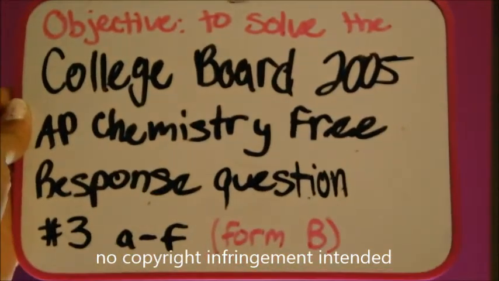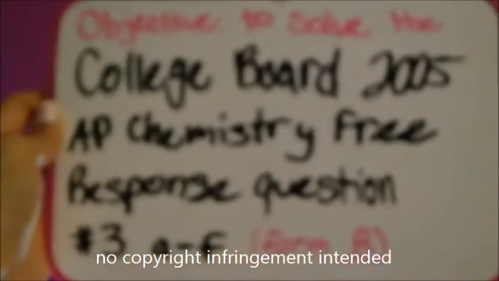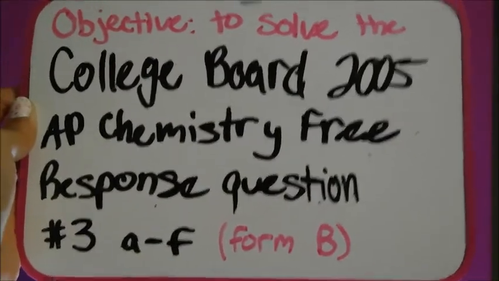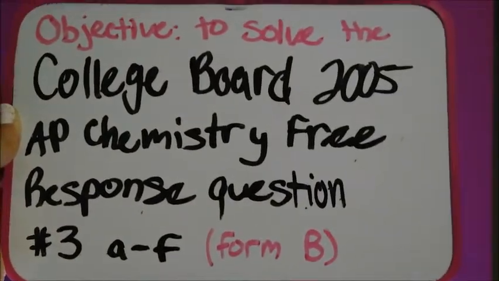Hi guys, so the objective of this video today is to solve the College Board 2005 AP Chemistry free response question number 3, parts A through F in Form B. So the 2005 AP free response question on Form B, number 3, reads,